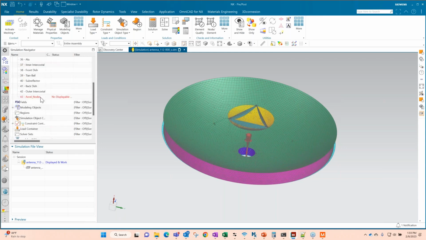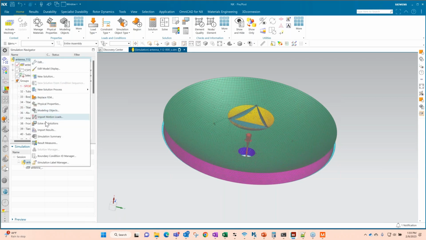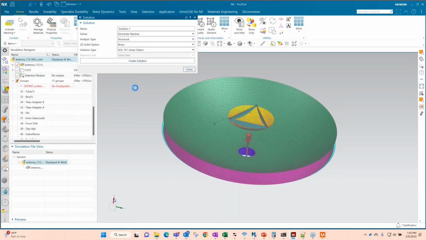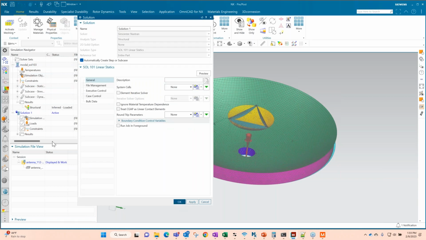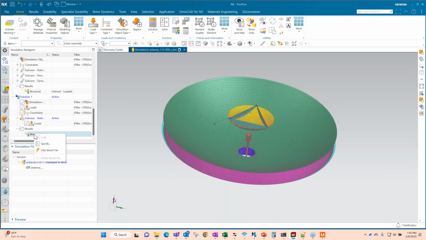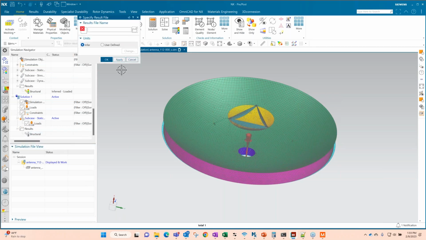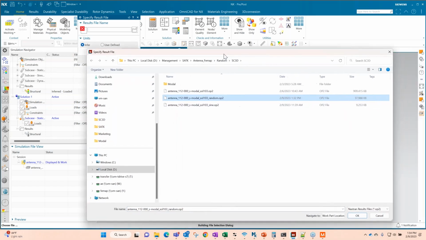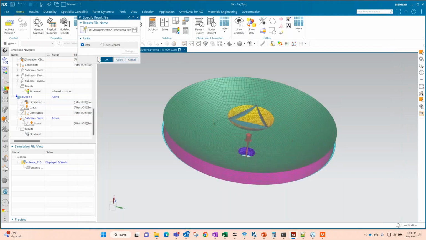So I'll just need to create a solution to put those results in. This could just be a dummy solution here. It doesn't matter. And then I will load in the results. I'll specify that. This is where you're going to pick your random OP2, because again, SATK works with the OP2 and then it outputs an OP2 that can be read into here.